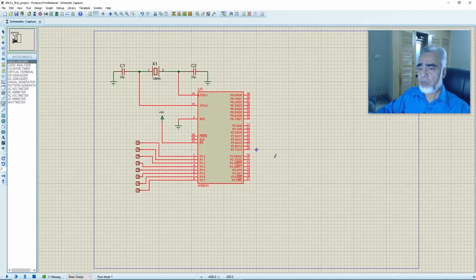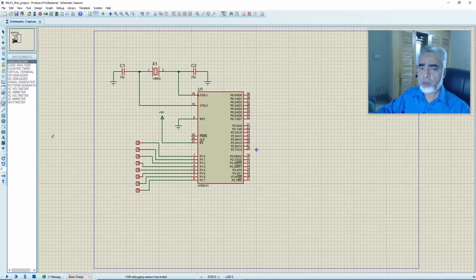Okay. Now, we will run our program and we will see the counter incrementing on port 1. So, we will run our simulation. Here we can check the counter is running on port 1. Now, we will check the value of the delay after which the counter is incrementing by 1. So, we will connect an oscilloscope on port 1.0 and we will see how much time there is to increment each value.